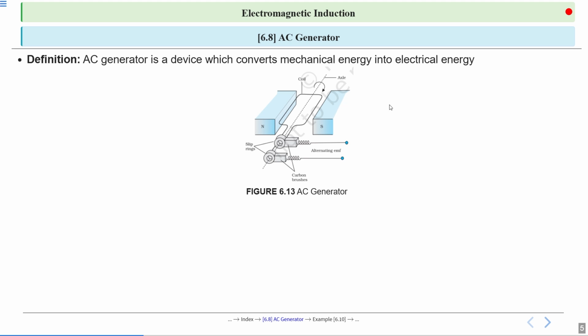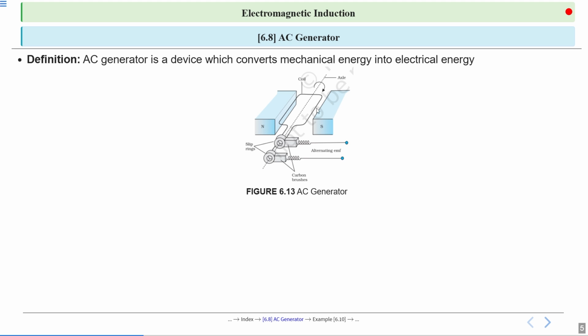Okay, these are slip rings. One slip ring is connected with one end of the coil, and another slip ring is connected with the other end of the coil. And these are carbon brushes, pressed against the slip rings. The EMF that is induced, or the current that is induced, okay, induced EMF or induced current, both are interchangeable terms. Both are correct, so don't get confused.